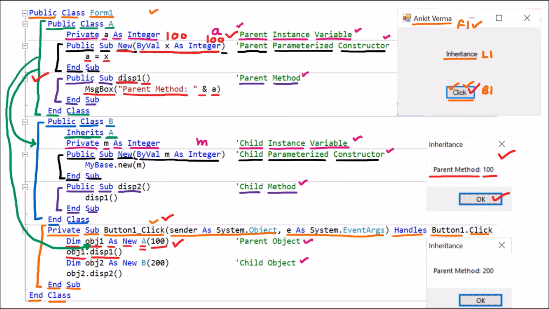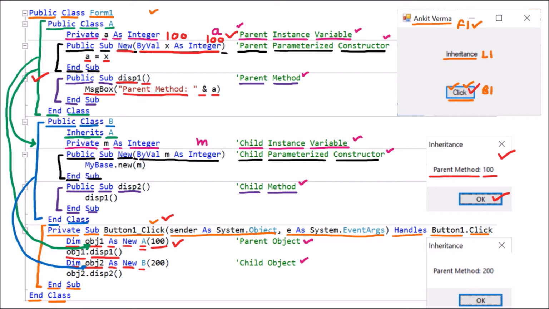So here afterward we are having Dim obj2 As New B. New means it is the object. So the B class object is created. That means class B is having the object which is obj2.